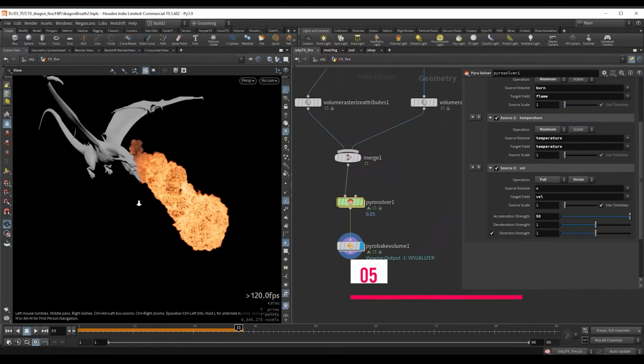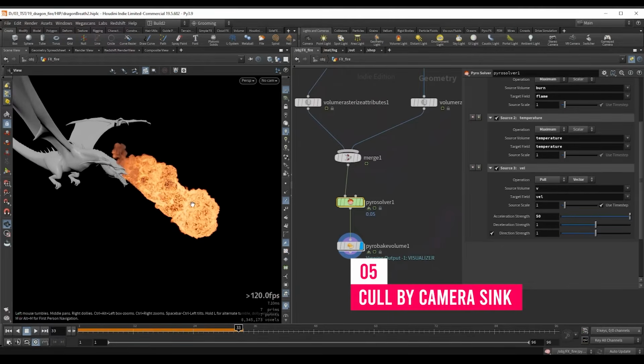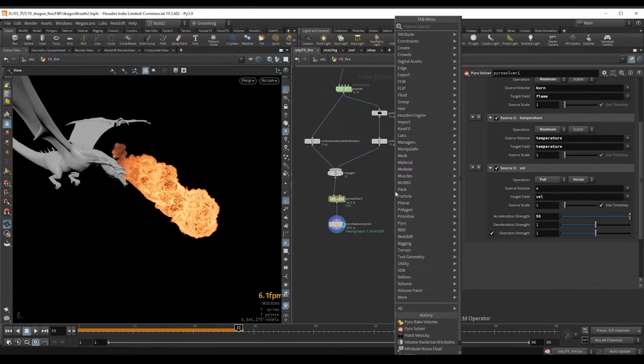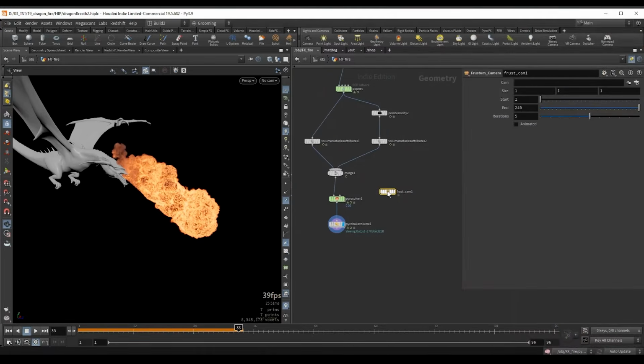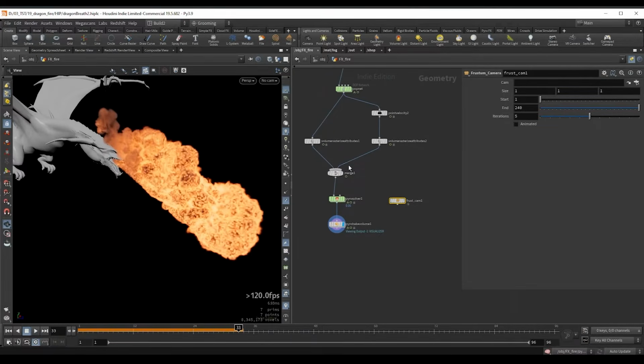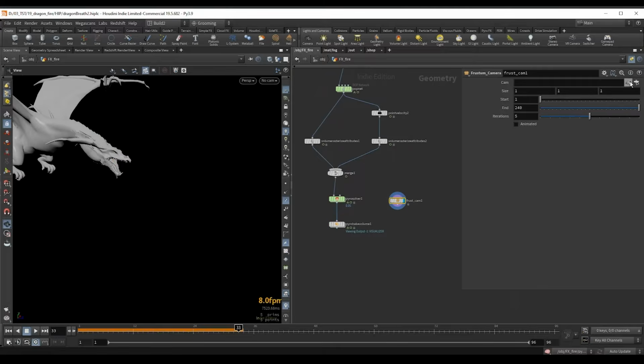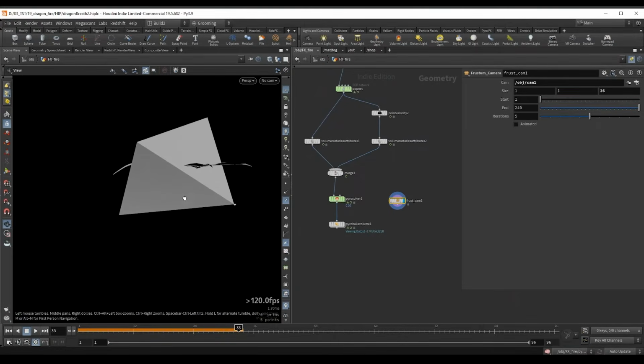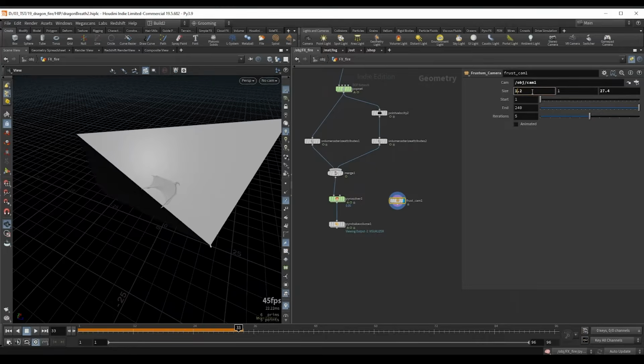And now finally, to optimize things a little bit, we can essentially cut the fire when it's outside of the camera. So I'm going to go ahead and place my camera Frustum HDA, and this will be included with the project file. If you download this, you will just have to place it in your OTLs folder. Let's point this to our camera, and we will increase the size on the X here so it passes where the fire would be, and also introduce some padding here.